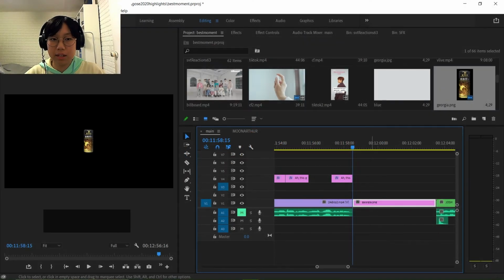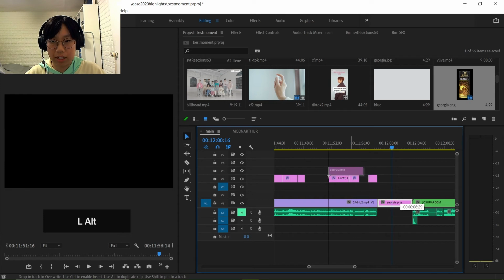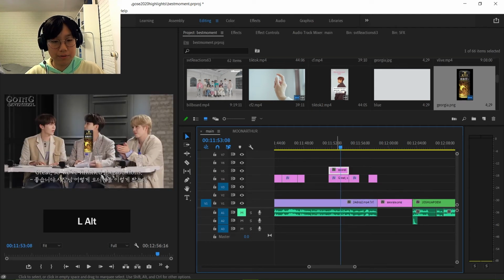So let's say I'm still thinking this needs more coffee, and I want to add coffee over here, but I want to duplicate this coffee, not move it. So I'm going to start dragging this, but hold down Alt while I drag. And once I let go, it will create a duplicate of this. So now I have two coffees and I can add it wherever I want. So Alt is for duplicating.